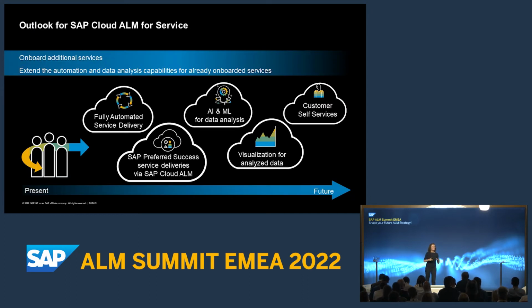And we have a long list of requirements for additional services we want to onboard. There are actually 2 strategies that we're doing. One strategy is to onboard new services. Second strategy, for the existing services, provide new functions so that the functional coverage of the tools can be extended. And the next big block of services that we want to bring in are preferred success services,